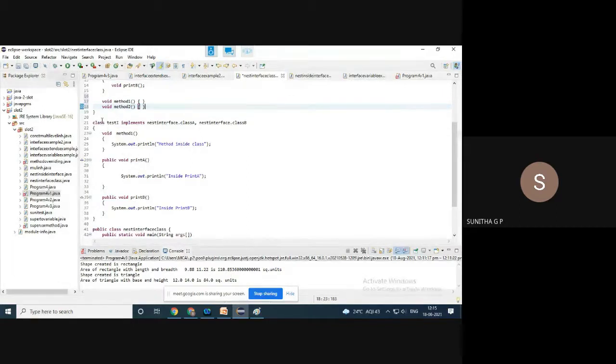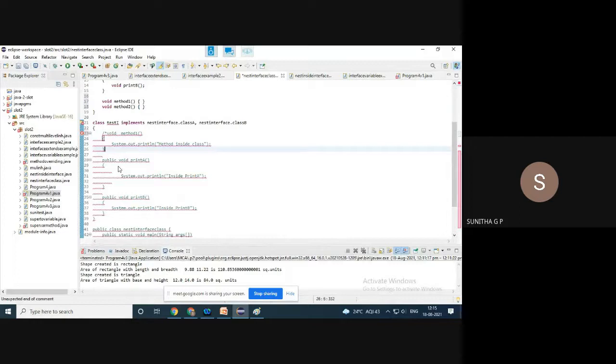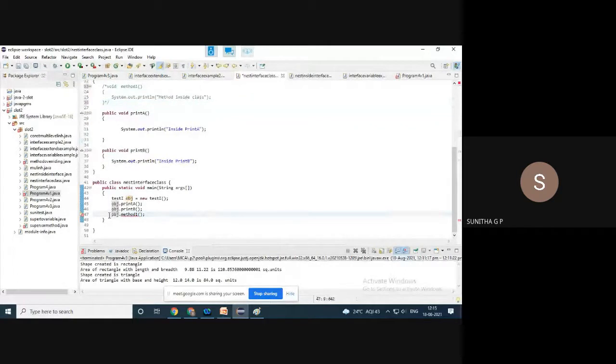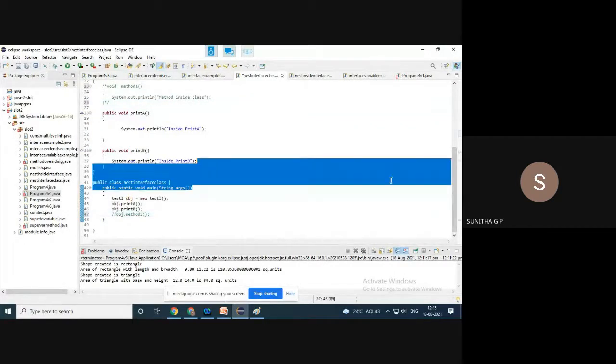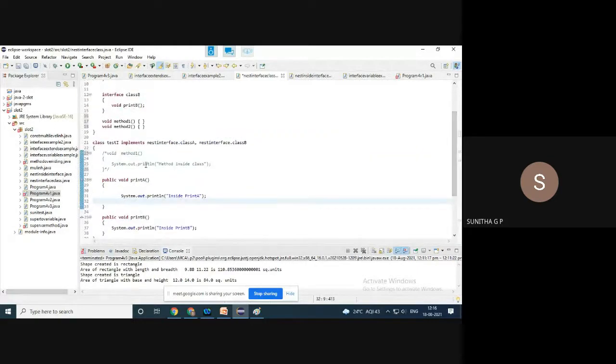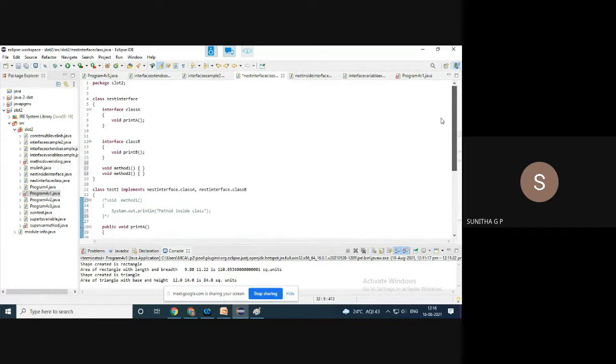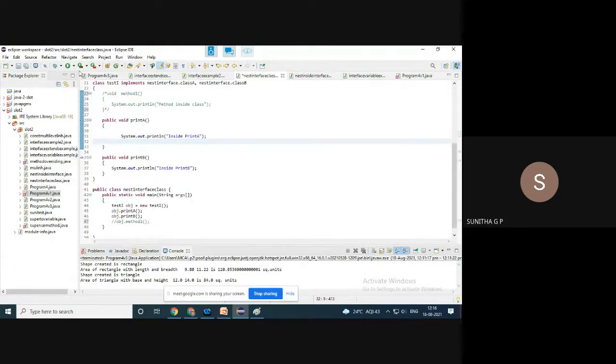And method 1 is a member of this class. And we don't require this also. Only to show you that a class can have its own members along with the interface methods, I have declared it. Okay. So then don't call that one. That's all. Then in the main program, an instance of this class is created as an object, and object print A is called and print B is called, where print A is the method of this interface, and print B is the method of this one, and this class implements these interfaces. Okay, if we run this,